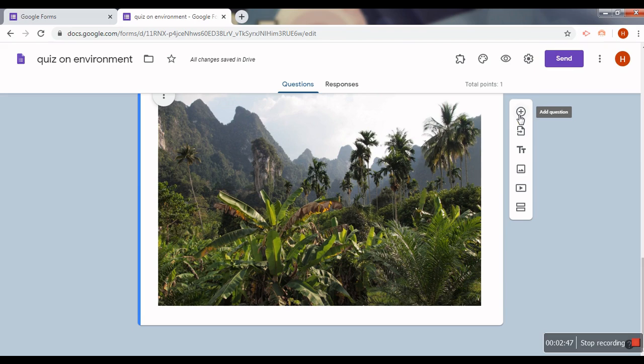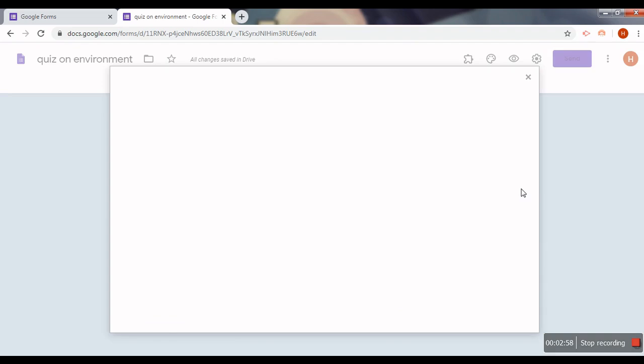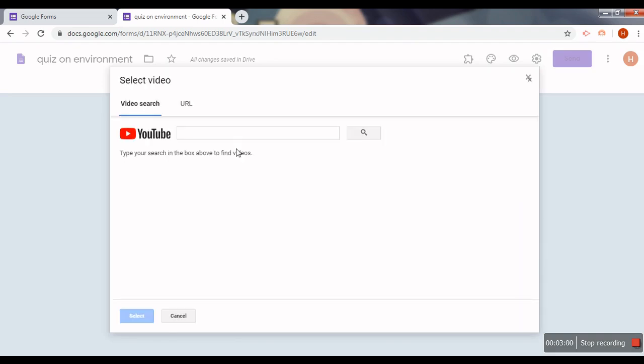So many times when you want to use picture composition, or if you want to give some kind of a reference of a picture in between, then we can use this. Similarly, we can add some video. If you want to add a video to your Google form, that can also be done, and that can be done from YouTube. You can search the video from YouTube.